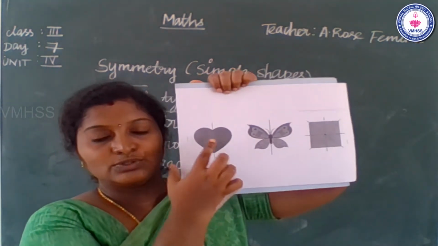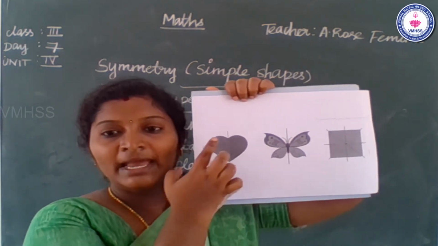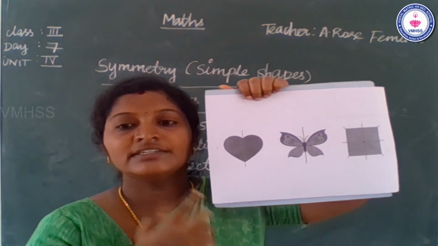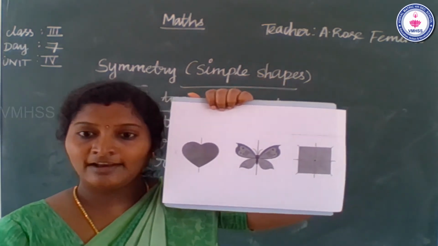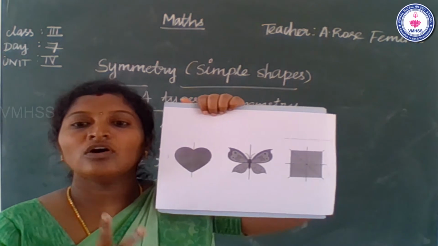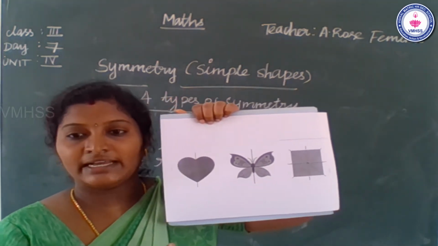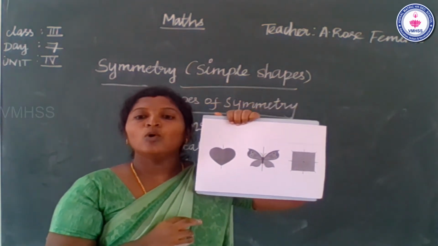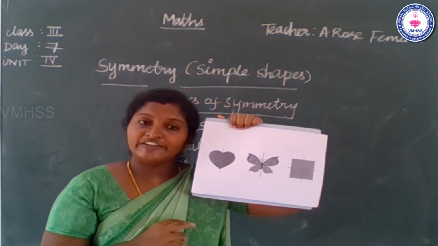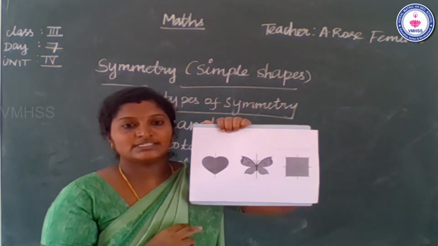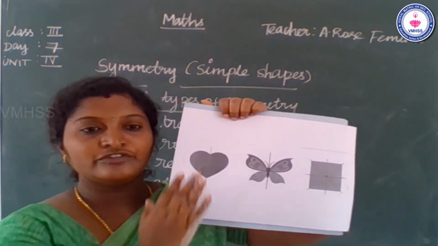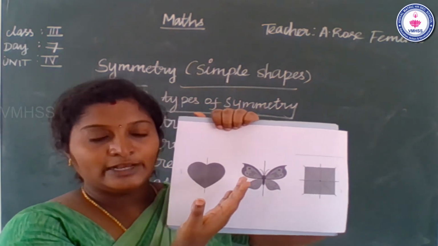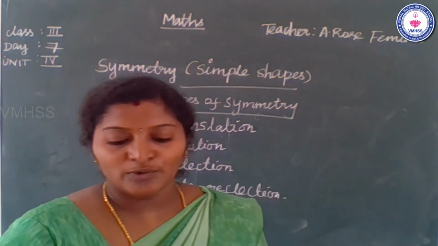See there, this is a heart picture. One shape is exactly the other. You move it some way, turn, flip or slide, for two objects to be symmetrical. They must be the same size and shape, with one object being different from the first. The right side and left side are equal. So this is the mirror image. Do you understand?